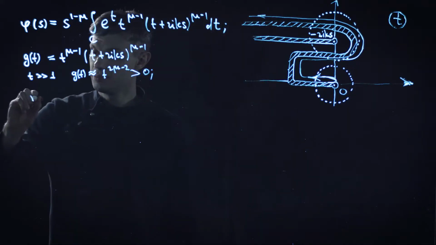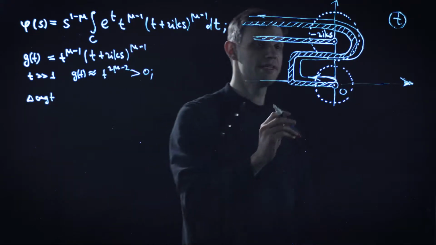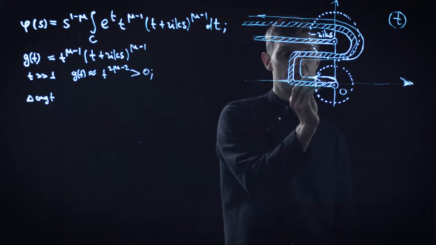So the delta argument of t, well, as you probably see, so initially it was